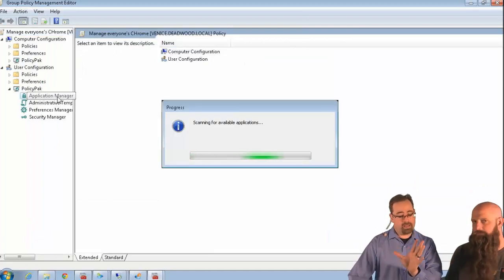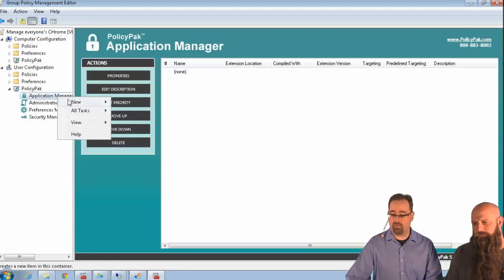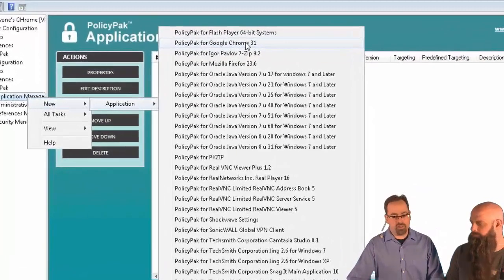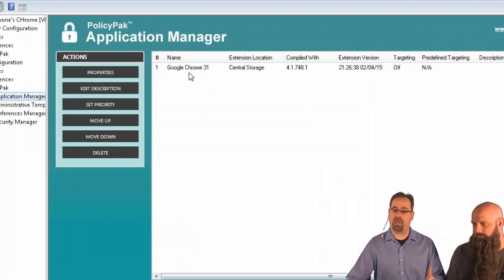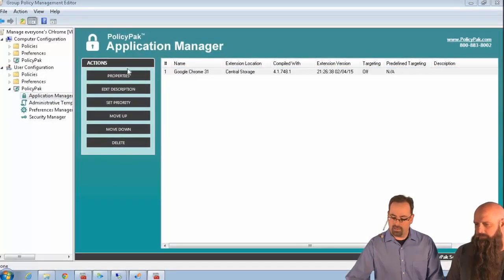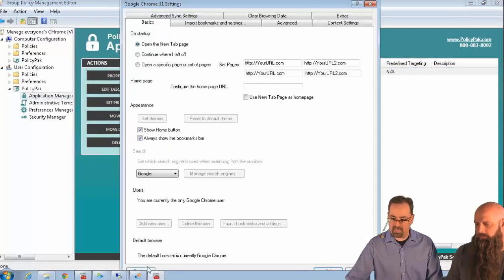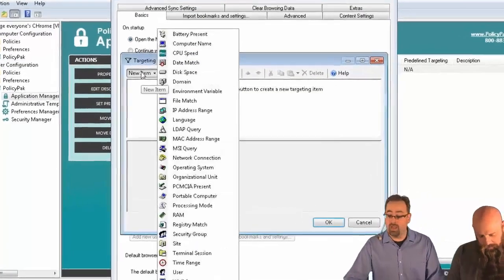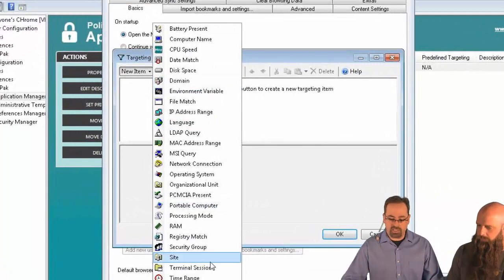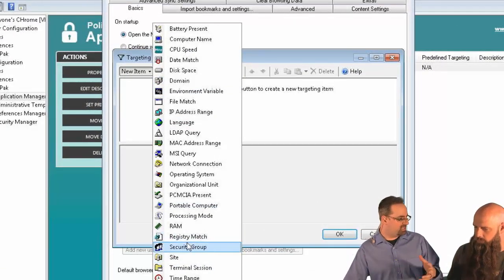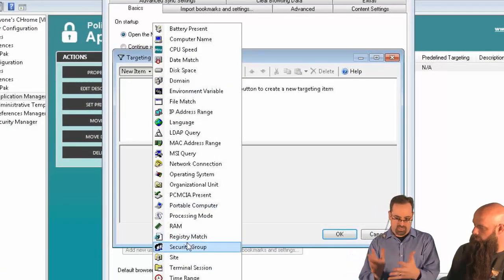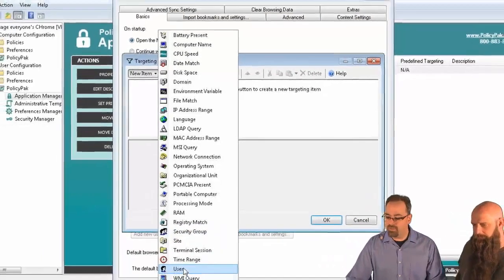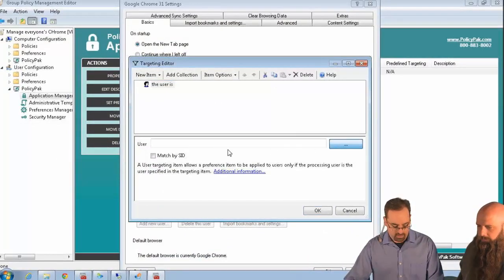And what we were about to do would normally affect everybody, right? So if I go down and pick Chrome 31 and later, pick that guy, this would normally affect everyone, but we're not going to do that. What we're going to do is push a little options button here, now you can't see it, and edit the item level targeting that says when it's the dude, okay? So when it's a user or a security group, okay? Those are the kinds of things that people often want to manipulate, dictate. If they're in this group, or in this case, just for this particular example, if the user is, and we'll pick the dude,